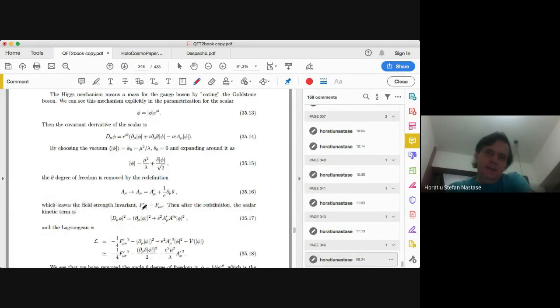This leaves the field strength invariant. This is just a gauge transformation, really. So then F'_{μν} is equal to F_{μν}, but then theta has been